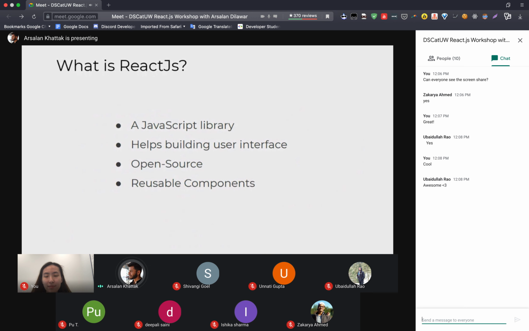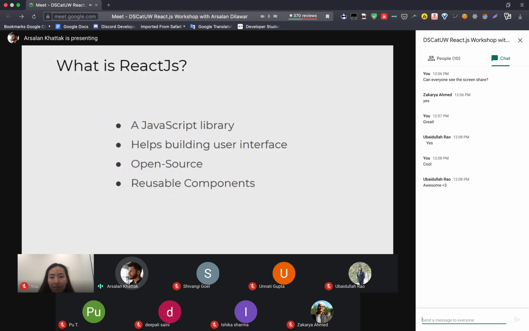So what is React.js? React is a JavaScript library that was built by Facebook. It helps in building user interfaces. It is a front-end library and it is open source. So if you want, you can dig into the code and see what's going on behind the scenes of this amazing project. It is available on GitHub, so you can just go to the Facebook organization on GitHub and search for React.js. And it has reusable components.